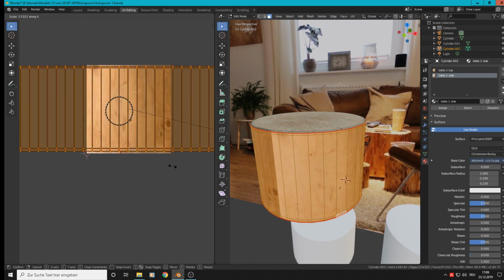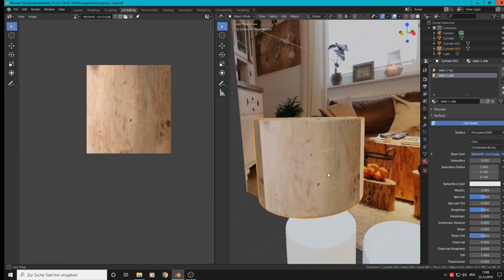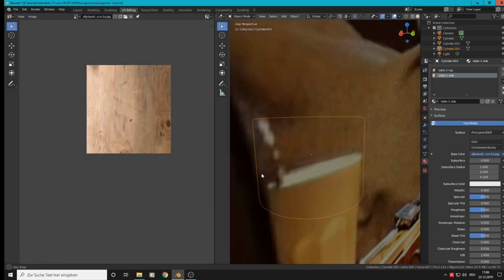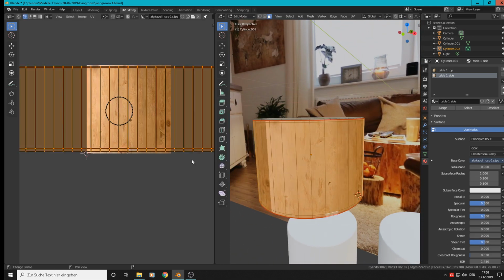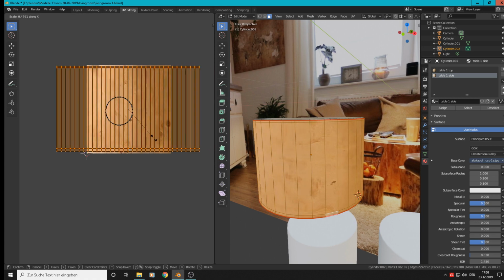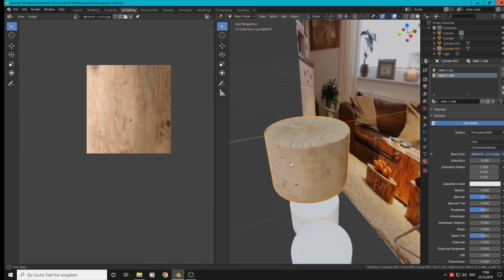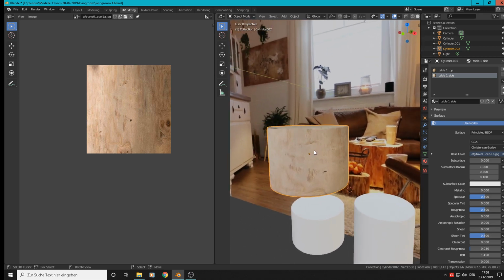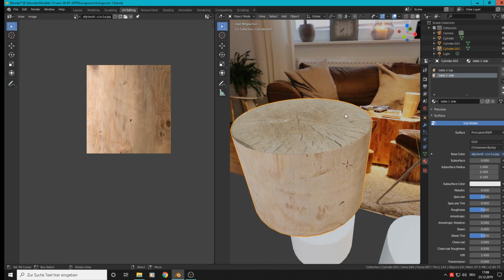We must search for that. Yeah, that looks better, but it must be a little bit smaller, scale X. Good. That is our wooden table 1,